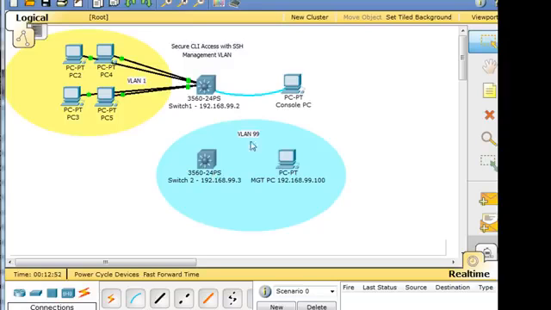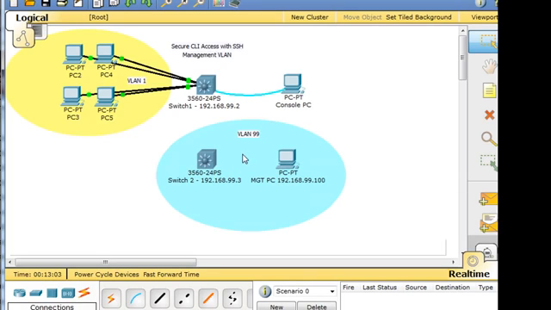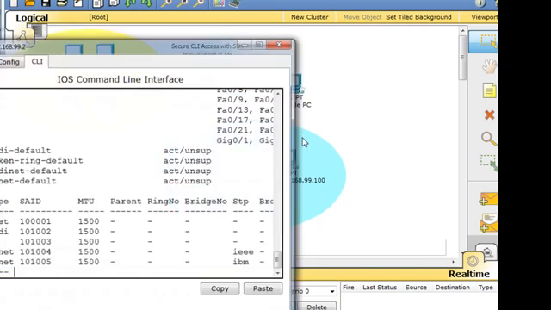Only a computer or another network device that's on the management VLAN, in this case VLAN 99, could. We'll use that as a management VLAN, so that only computers on that VLAN can connect into the switch to manage it. All right, so to do that, what we'll do is